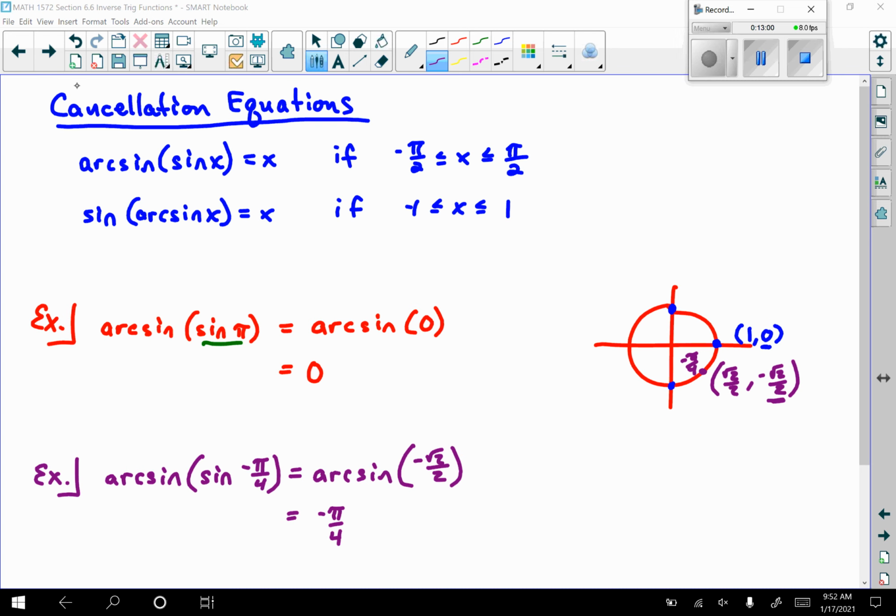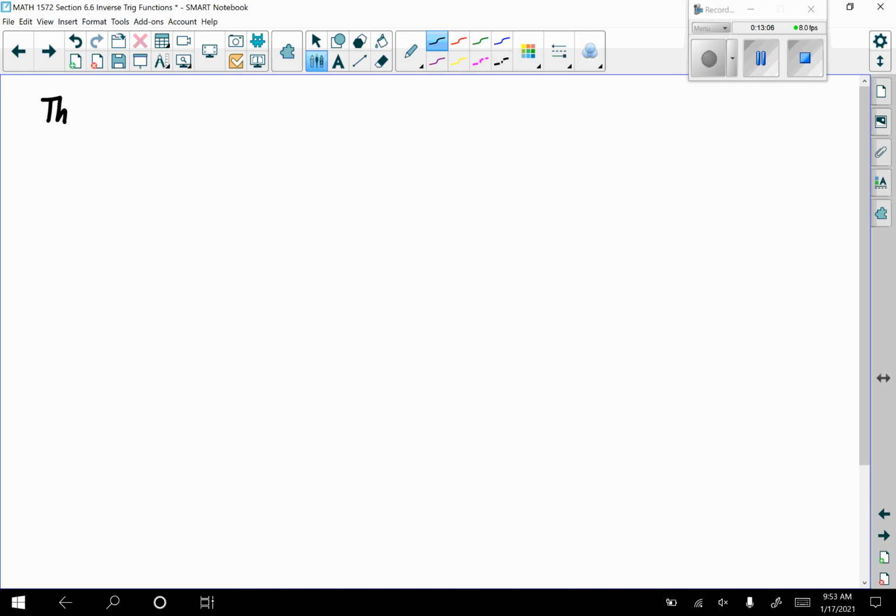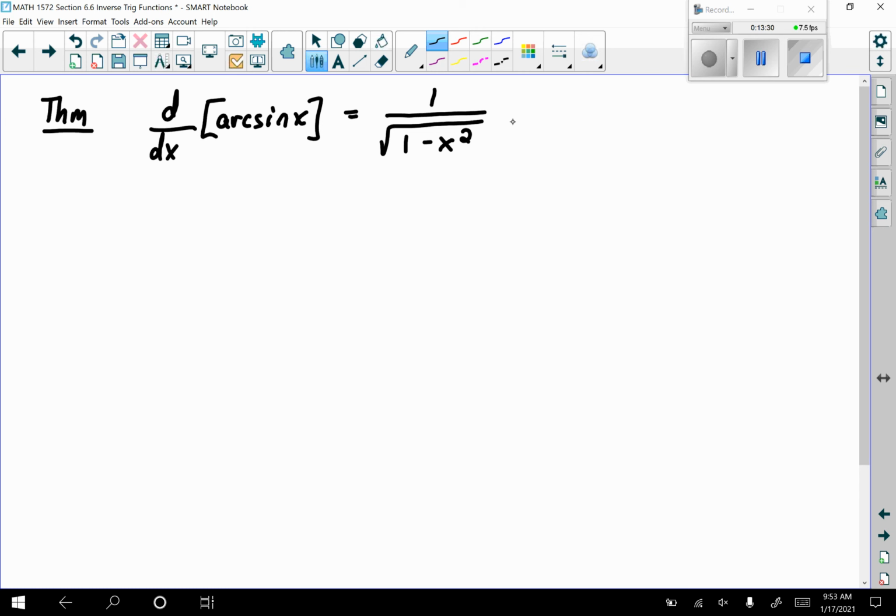So next, let's come up with the derivative for the inverse sine function. Here we're going to take a look at a theorem. All right, so this is saying, and we're just going to show a proof here, the derivative of arc sine x, or sine inverse of x, is 1 over the square root of 1 minus x squared. And again, at the end, I'll generalize this for u of x, as long as x is between negative and positive 1. So our proof,